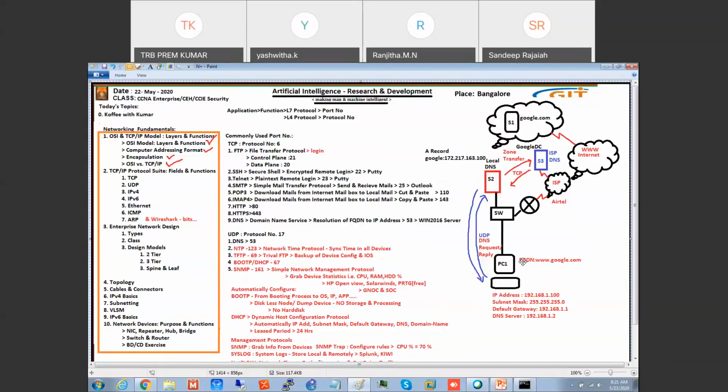Why are we going for a simple protocol? The reason is the more you use encrypted protocols, the more load there is on the CPU. So we must not unnecessarily load the device CPU. It's not necessary in a trusted zone.